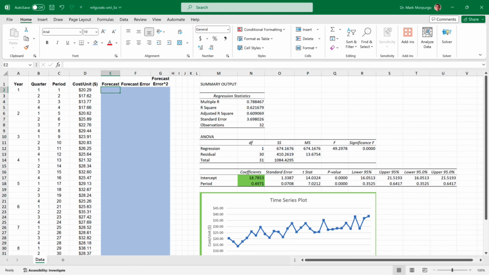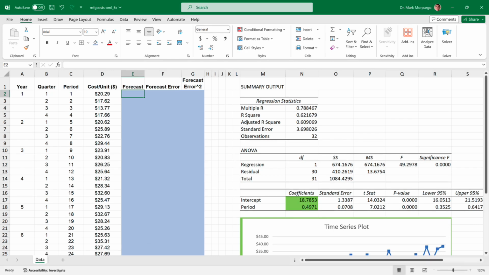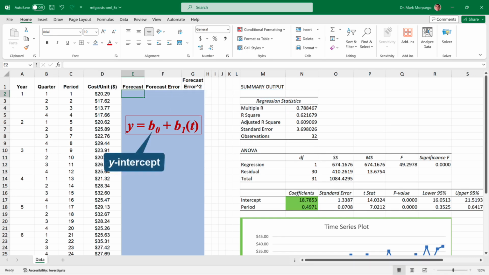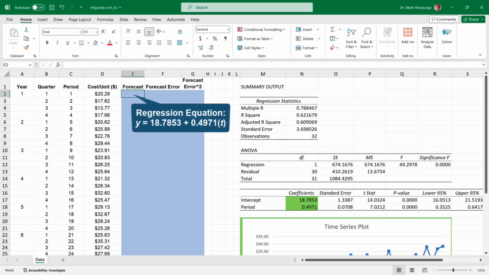I'll hide the panel on the right to give us some more working room and zoom in just a bit. We're going to use our actual data for the past 8 years to construct a linear regression-based forecast using the simple equation y equals b0 plus b1 times t, where b0 is the y-intercept, b1 is the slope, and t is the time period. From our regression analysis, the y-intercept was calculated in cell N17 to be 18.7853, and the slope in cell N18 is 0.4971. This means that the equation of our regression line is